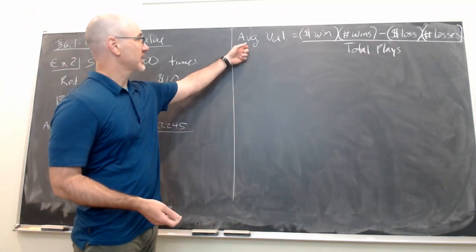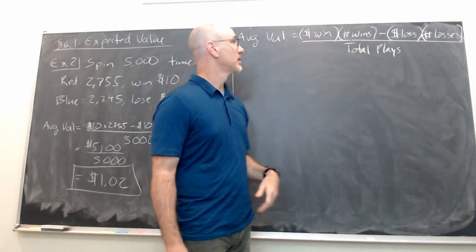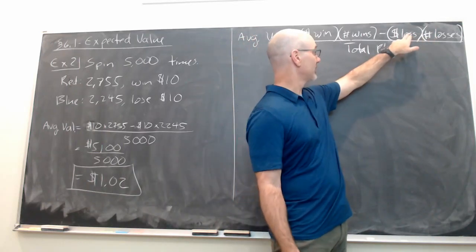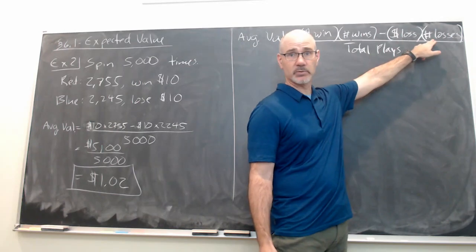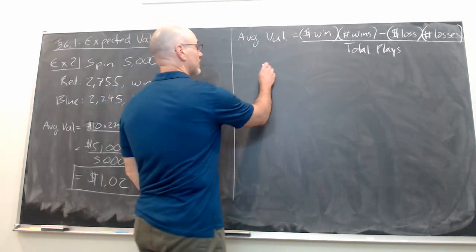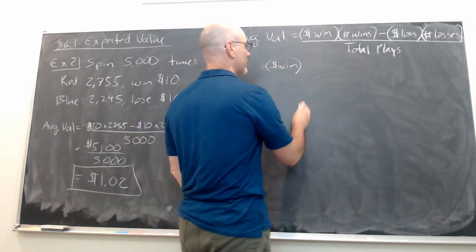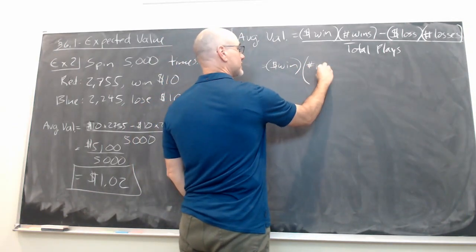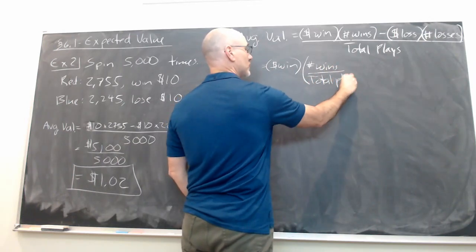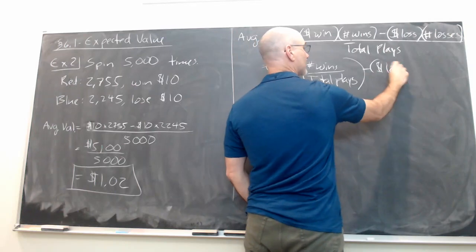So start off with what I've got in the notes already. Our average value is the amount we win times the number of wins. And then of course we lose some, so we have to deduct the money for each loss times the number of times we lost. And then we divide by the total number of times we play. So if we reorganize this just a little, I can rewrite it as the amount we win times the number of wins over the total plays, the total trials, minus the amount for a loss